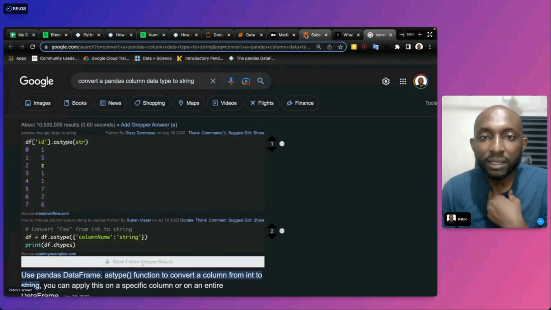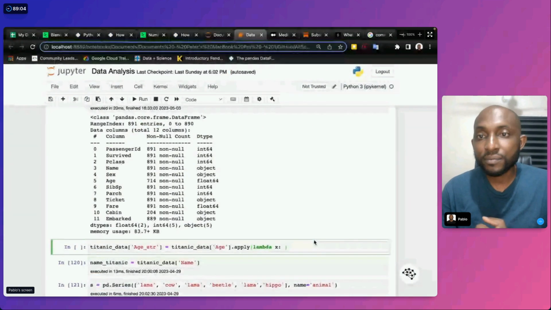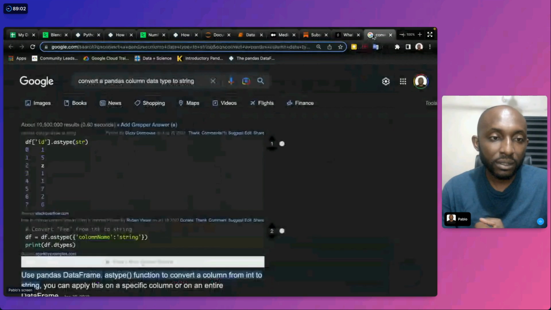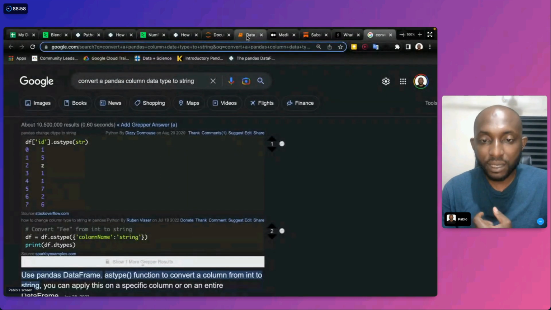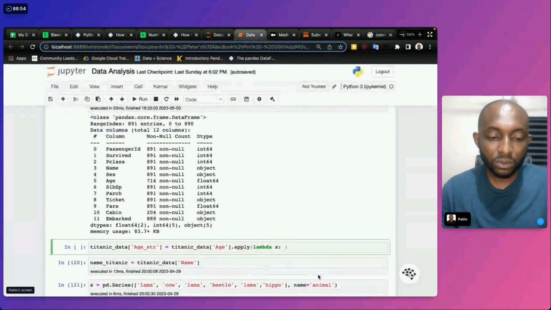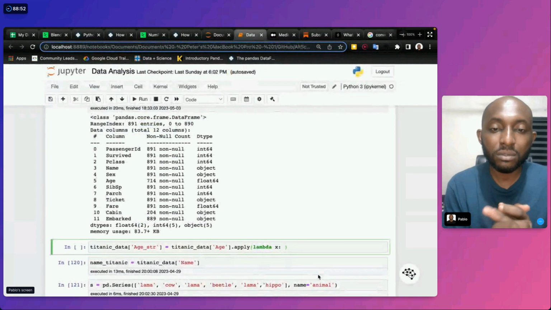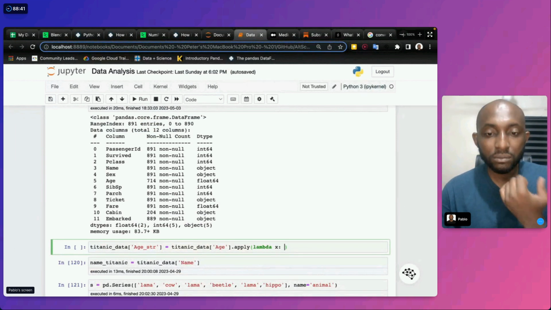So basically I come back here and say x dot astype to string. Let me see if we can put that here. Let's see how I write that code. Let's say x.